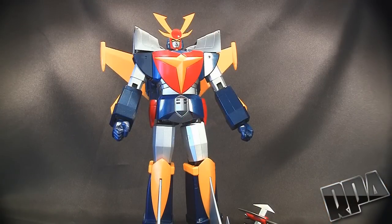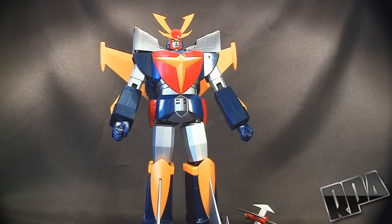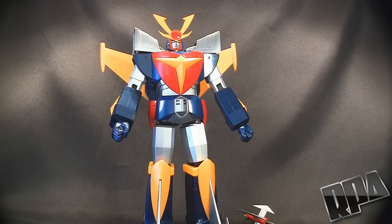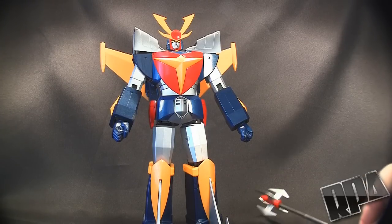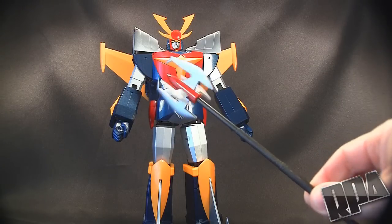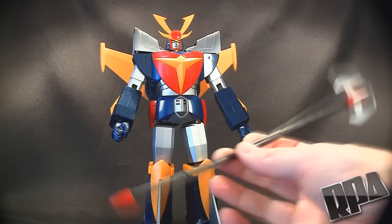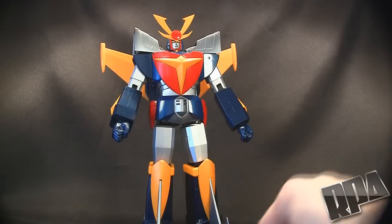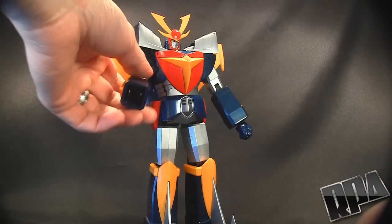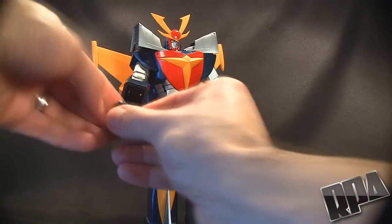Now my least favorite part of any review is going over the weapons, but however I am going to go over them in this review, even though he has like 96 million weapons. So the first one I want to go over is the Daitarn Javelin, which is a 4-pronged weapon here, and you'll see it's nice and long. Now to use the Javelin, you do need to remove the cool looking fist, and you do have to use the funny looking